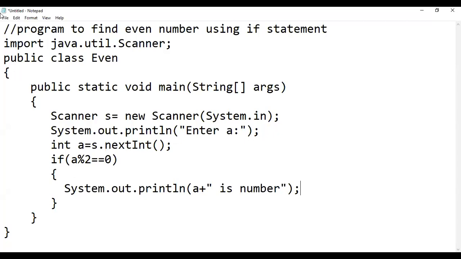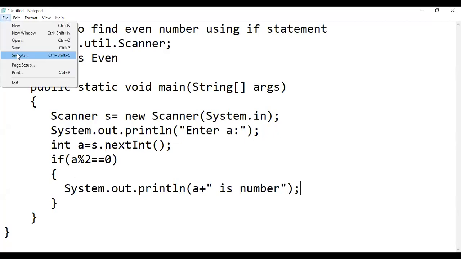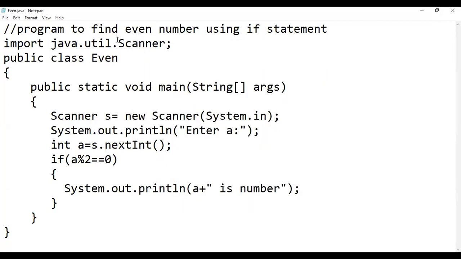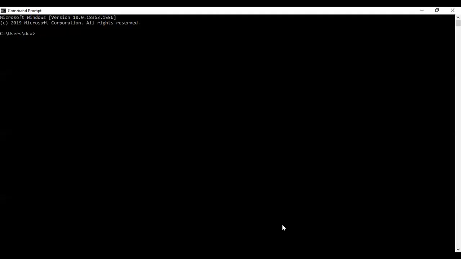Now we will save with our class name, that is Even, on the desktop. Now we will compile our program. Firstly, we have to go to the desktop, so that's why we are writing cd desktop.